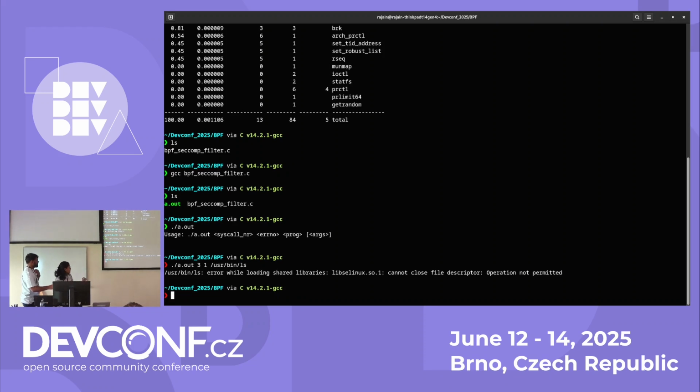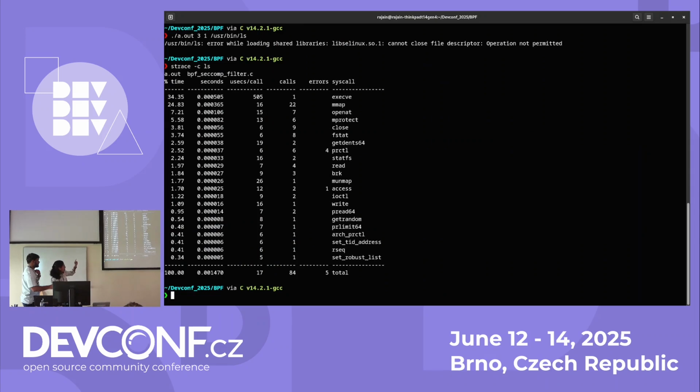Let's take a second example of this. So these are the system calls made by the ls command, right? We'll take one system call which is not called by the ls command and try to block that, and eventually it will not block because it is not called by the ls command. So let's take the example of, I think, the stat system call, which is listed here. Yes, a.out. The stat system call, I think, has the number 4. I will try,